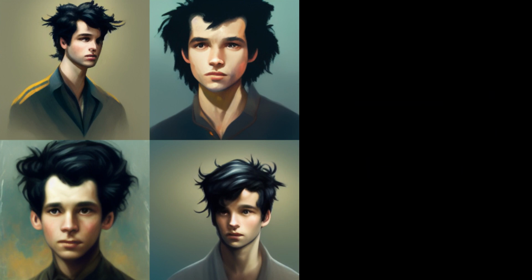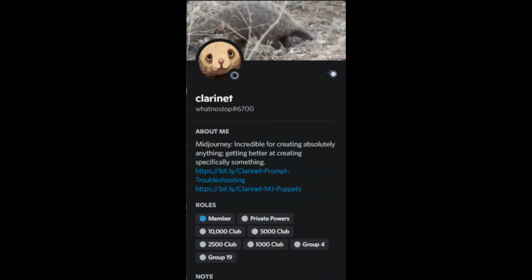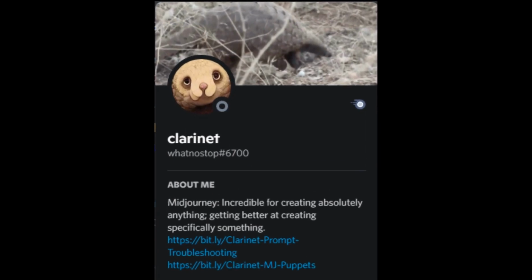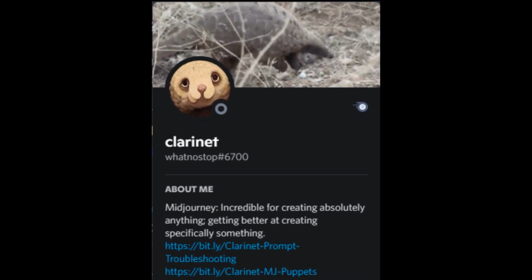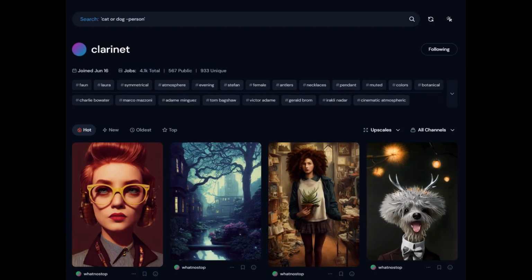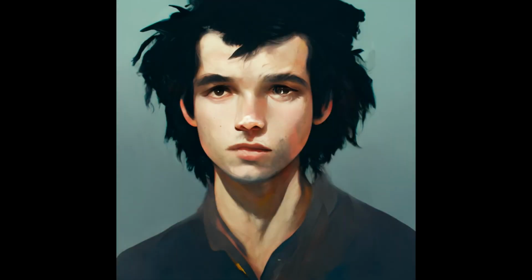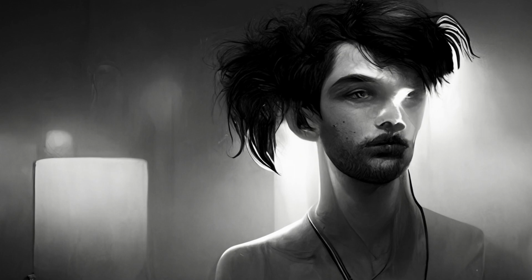As you can see, these images are not consistent enough to be used to represent the same character in a story. A user on the Midjourney Discord, by the name of Clarinet, was kind enough to teach me how to puppet a character. In this video I'm offering a slightly modified version of their technique. By following these simple steps, we will be able to create a puppet character that you can reuse in different